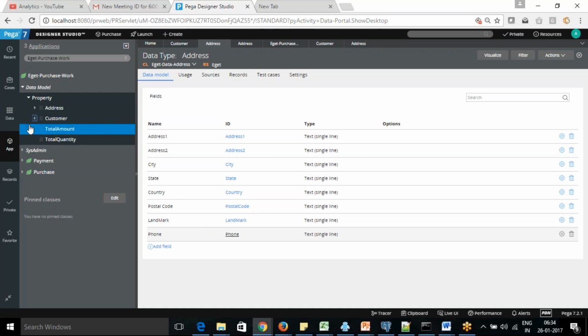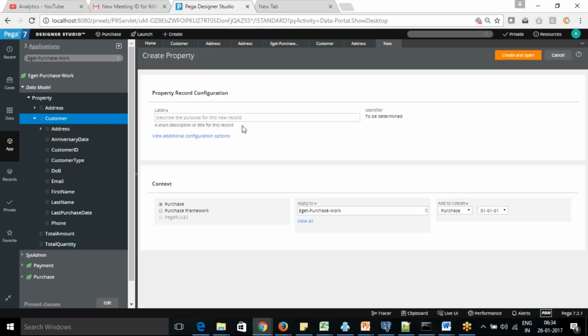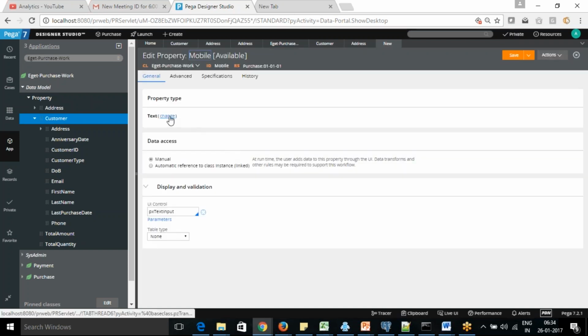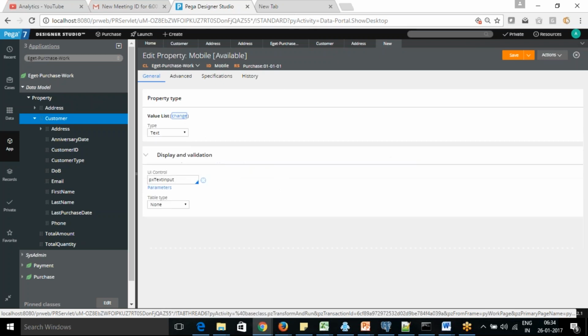So let's say within that customer, I'm going to create a single property. I want to name it mobile, and I'm changing it to a value group or value list.